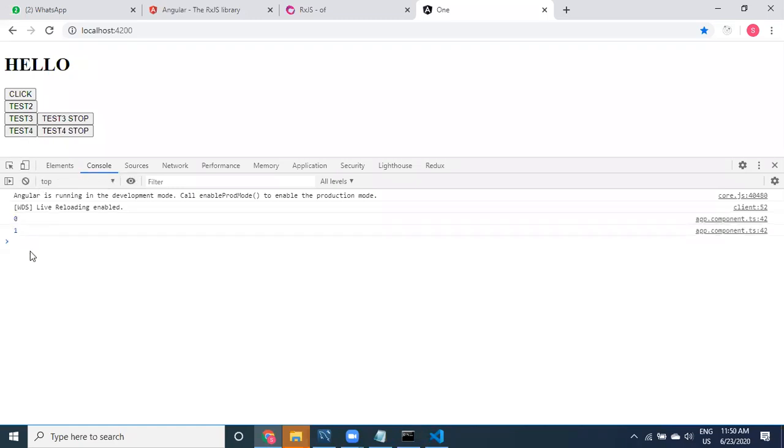Every 2 seconds these values are printing, right? It keeps working. Now I want to stop it. I just clicked on test 4 stop, and the values stopped printing. Got it guys? Subscribing and unsubscribing, both are important.